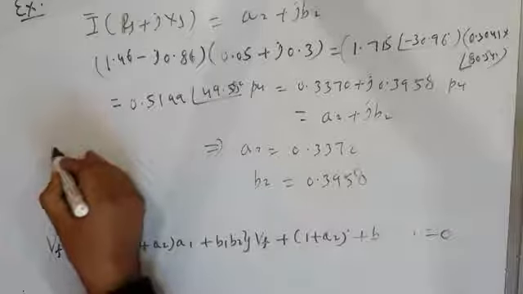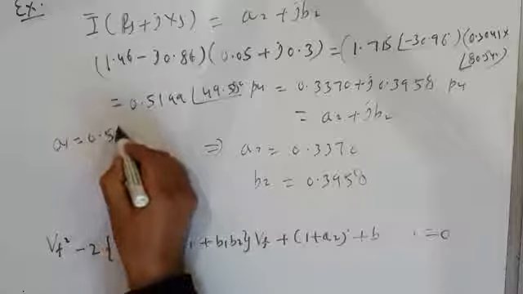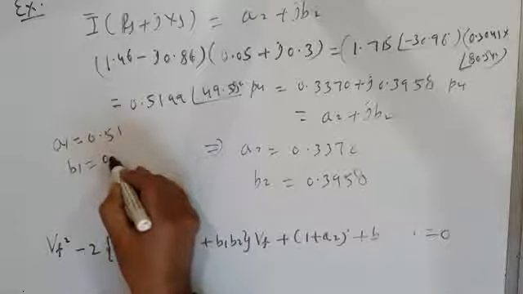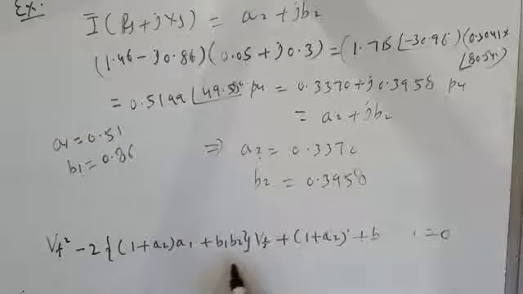थोड़ी देर पहले आपने A1 निकाला. A1 कितना था? A1 was 0.51 and B1 was 0.86. This is A1, this is B1, this is A2, this is B2. Substitute in this. Solve. So therefore